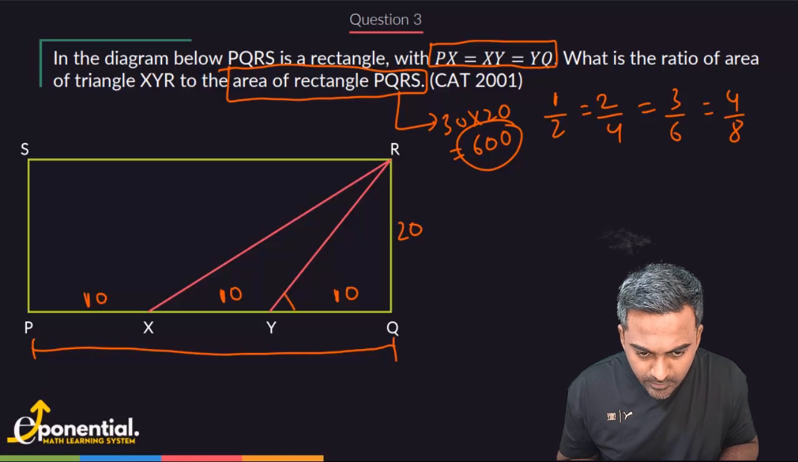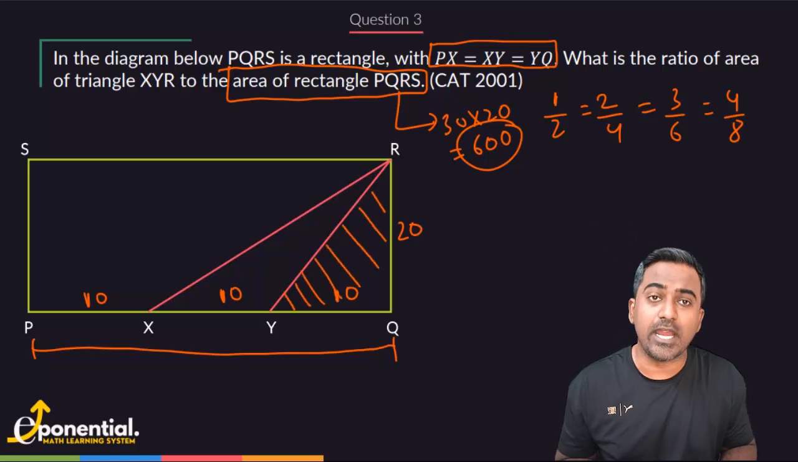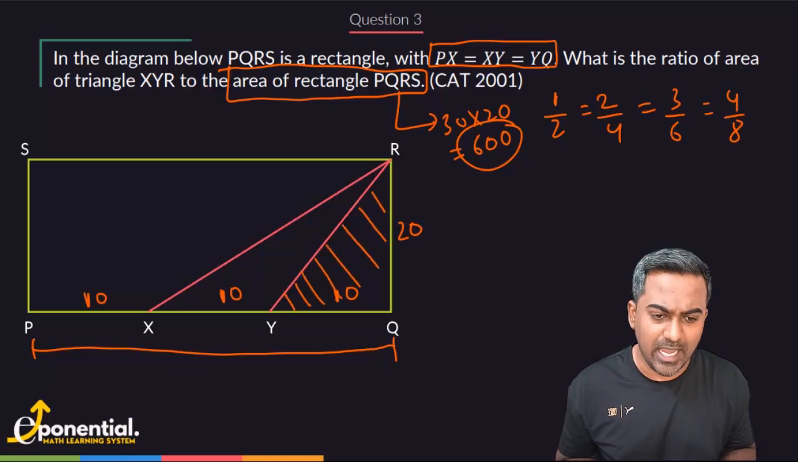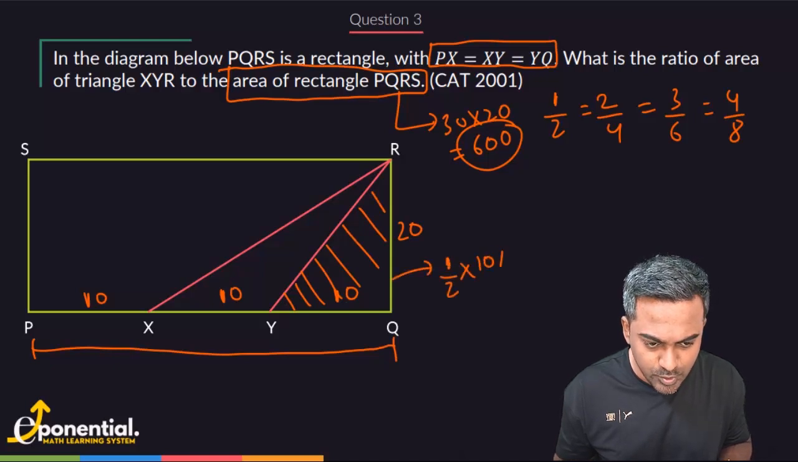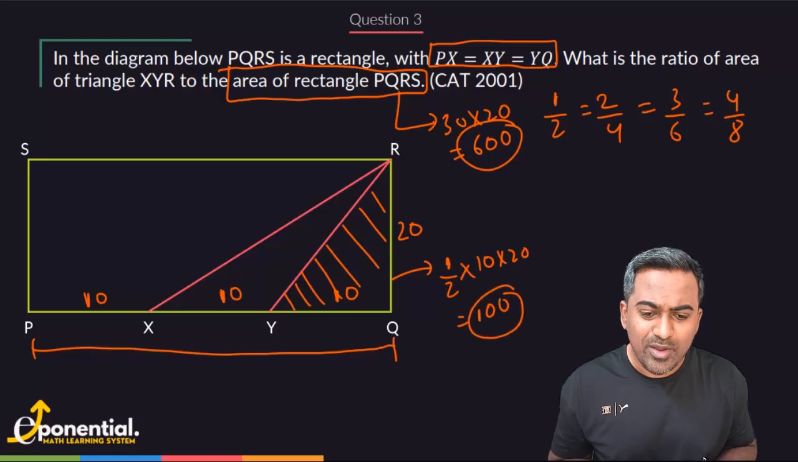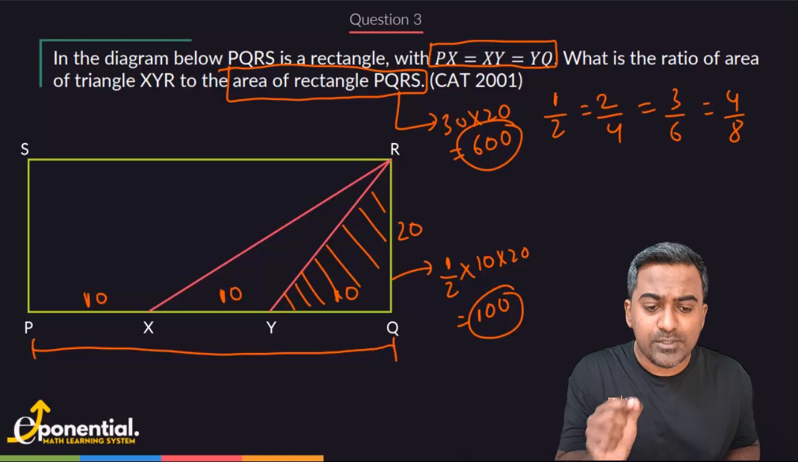look at this triangle here. What is going to be the area of this triangle? Well, I know the base to be 10. I know the height to be 20. So the area of this is going to be half times 10 times 20. How much is this coming as? 100, right? Now, if you look at this triangle XYR, even the triangle XYR is going